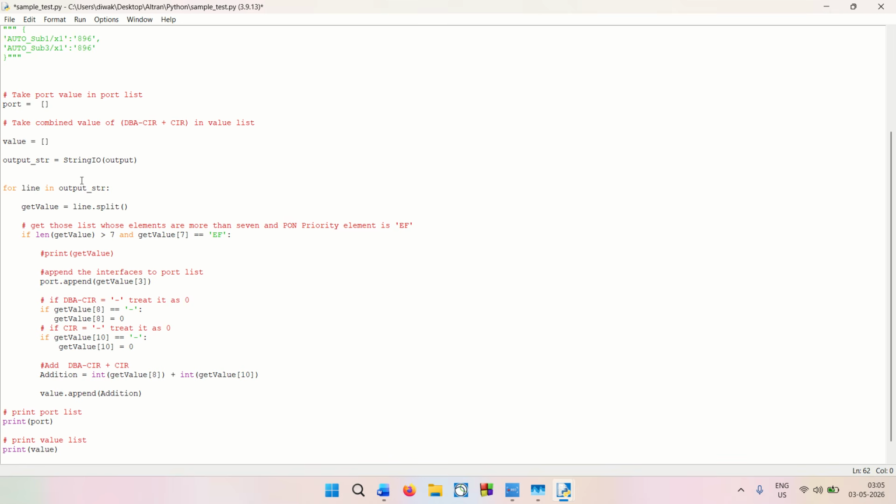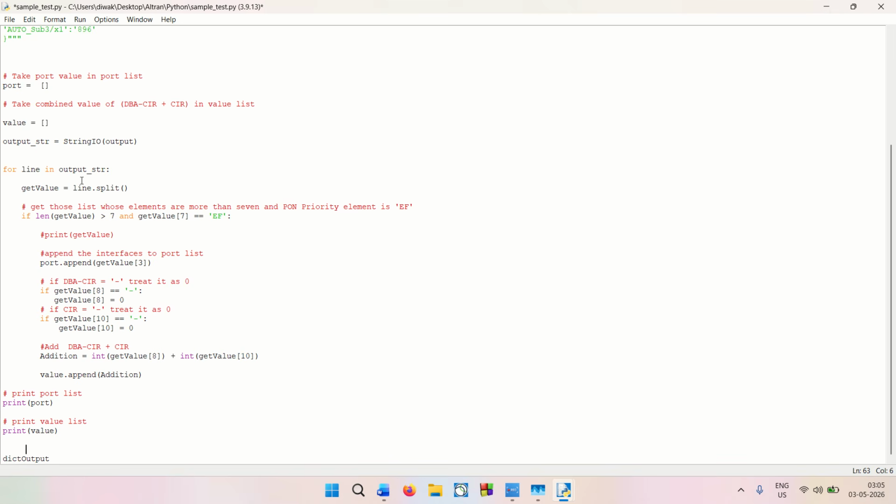And then after that what you have to do is take the dictionary output. Okay, so dictionary output is basically taking the output of the dictionary. So convert